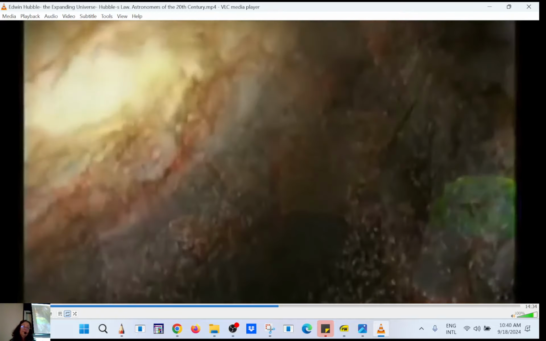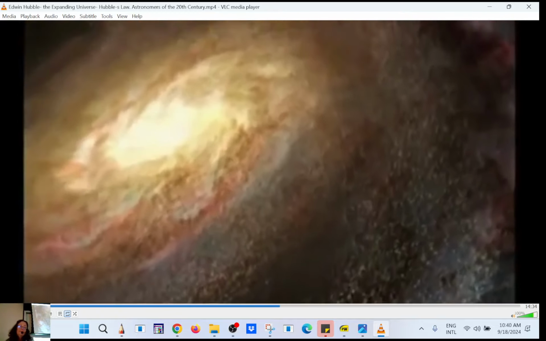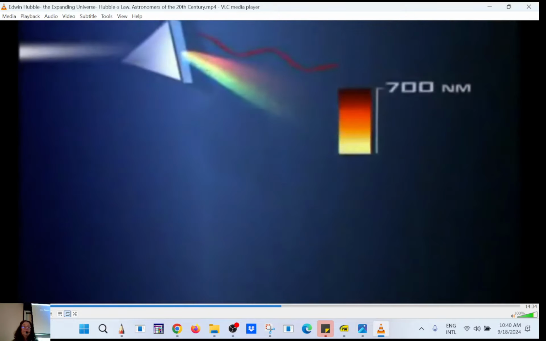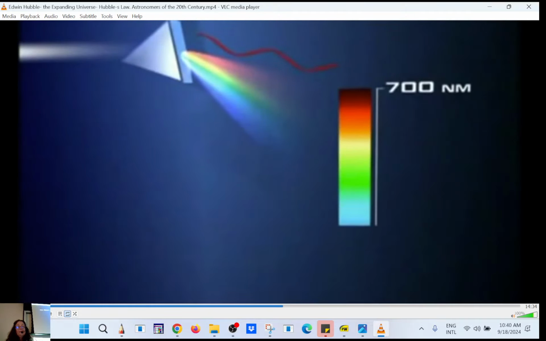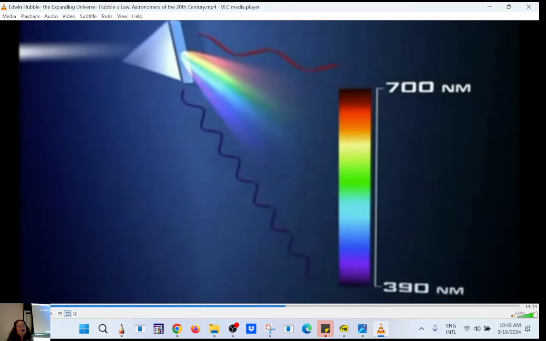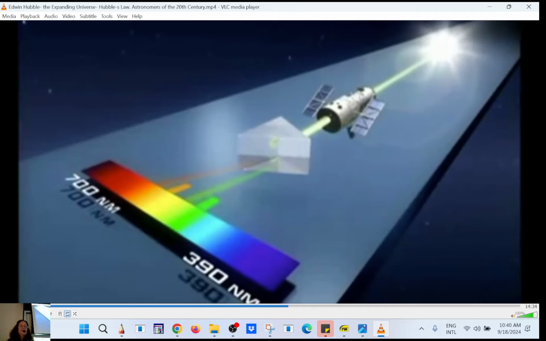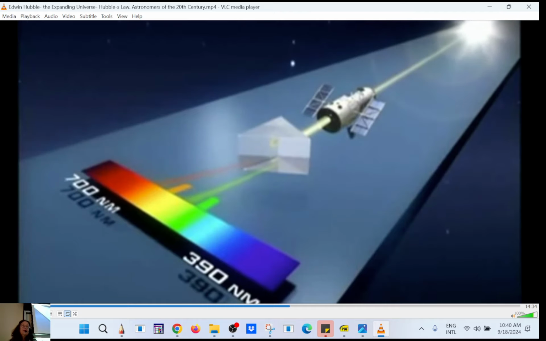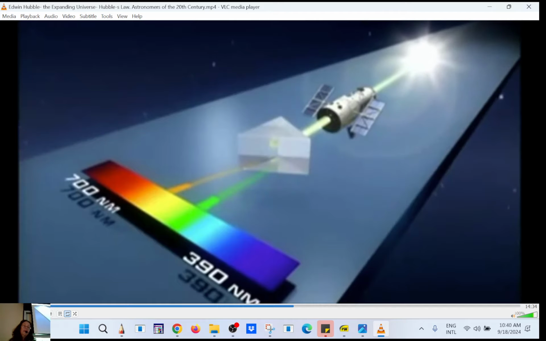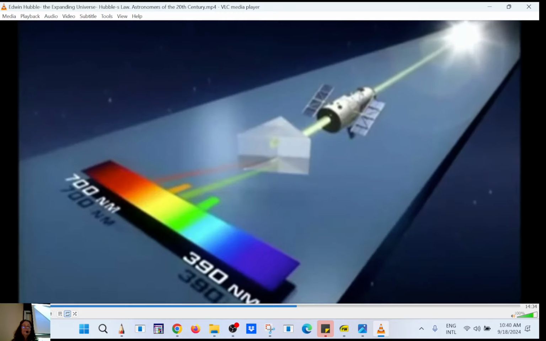This redshift derives from the fact that light is a wave. Visible light ranges from red, with a wavelength of about 700 nanometers, to violet, with a wavelength of 390 nanometers. Waves at the red end are longer. When a cosmic object, a galaxy for example, is receding from the Earth, the waves are stretched. In other words, its spectrum is shifted towards the red end. An approaching body would display a corresponding blue shift. Its waves would be squashed.